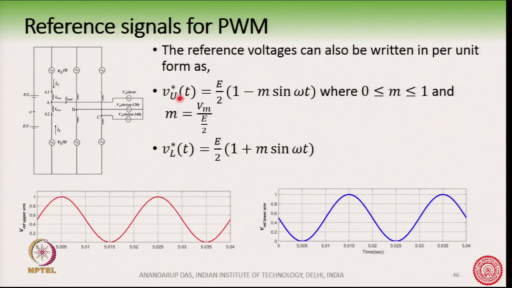So, the waveforms for VU star and VL star are like this, which we had also seen earlier, that this has a DC shift as well as an AC component as per the equation. Note that this reference is between 0 and 1. So, we have normalized it now, and the red one and the blue one are for the upper and the lower arm. So, we will use one PWM technique to compare this reference signal with the carriers, and then accordingly switch the switches